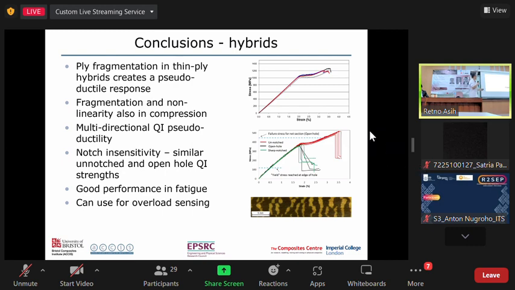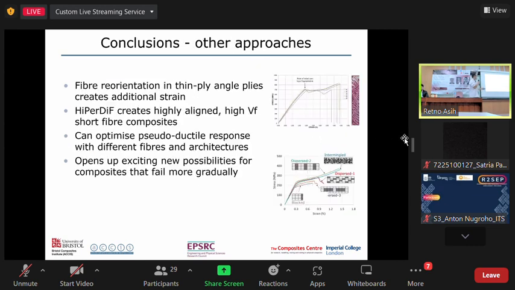Okay. And here's the conclusion for the hybrid composite. It also has good performance in fatigue and also has strain rate application. And also we successfully demonstrated a non-linearity in compression, which is quite beneficial. And yes, the change of color. And also it has good notch sensitivity, so even if you drill a hole, it won't fail that easily. So next, the other approaches have been successfully demonstrated to give a pseudoductile response for the angle-ply